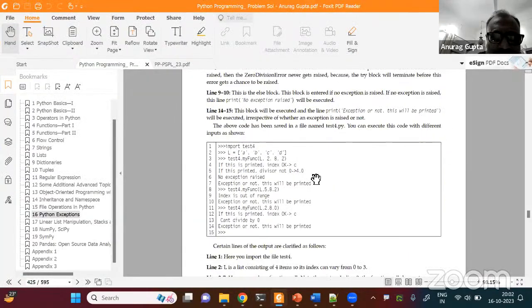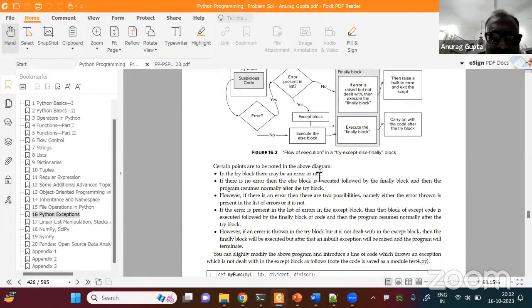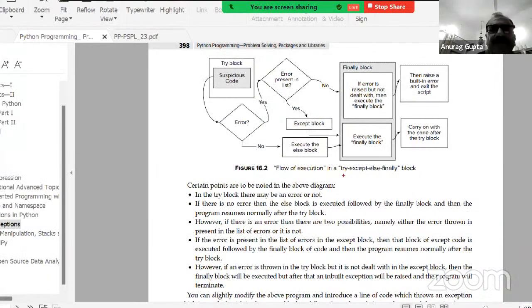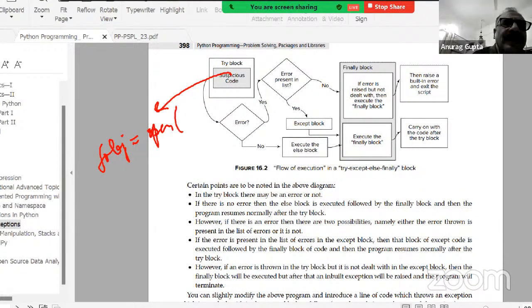So if you remember, I had shown you this diagram. Suppose instead of this suspicious code, I have f object is equal to open some file, and there is an error.